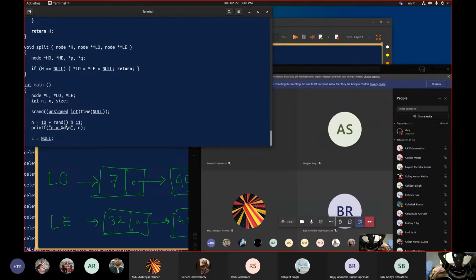Happy or not? It's not LO equal to null, it's star LO equal to null. So, do you agree? I hope this is fine, right? Otherwise,